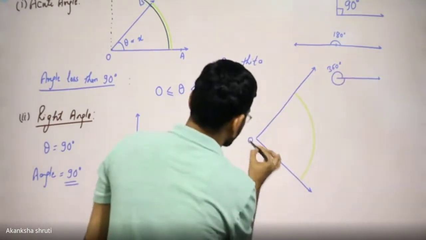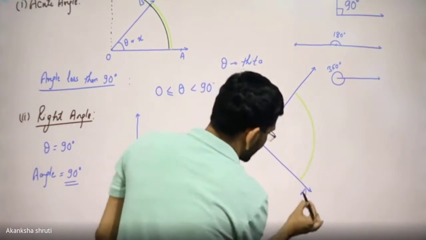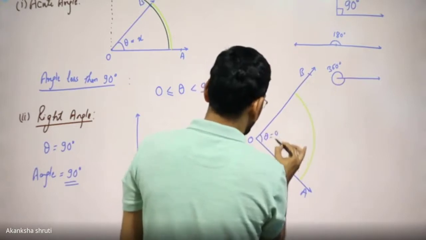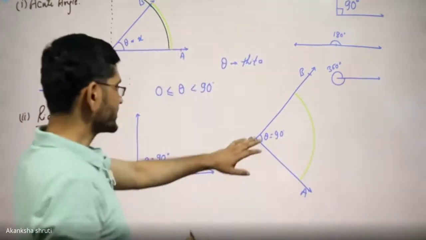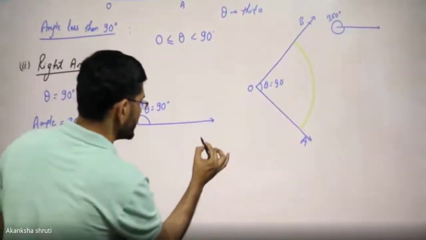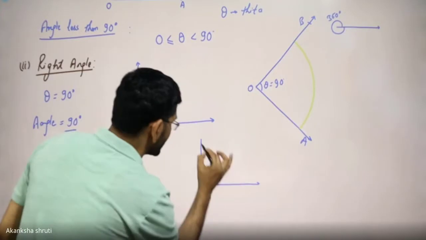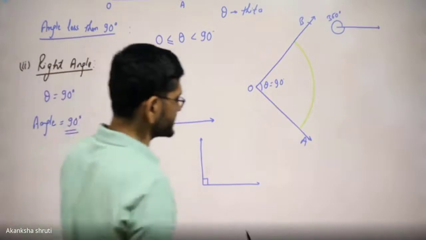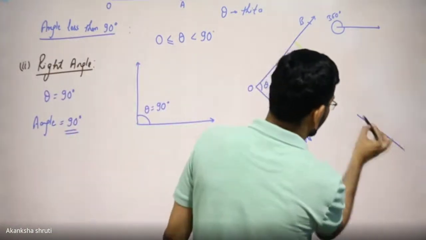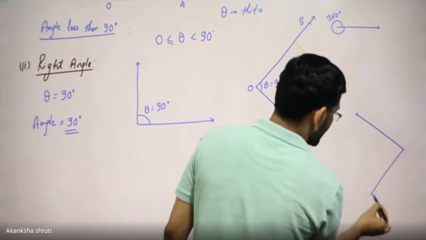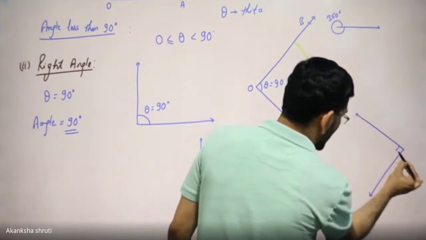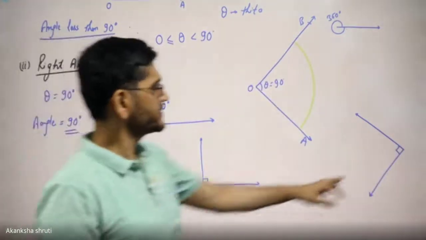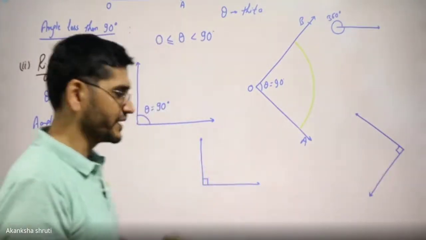Okay, consider this as A and this point as B. So this angle is also 90 degree. Students, to avoid writing this as 90 degree, if we just make a small rectangle here, it is the representation, then it is 90 degree. Even if we consider one ray this one, another this one, and making a small rectangle here, this rectangle indicates this angle is 90 degree. Okay, students, so be careful.